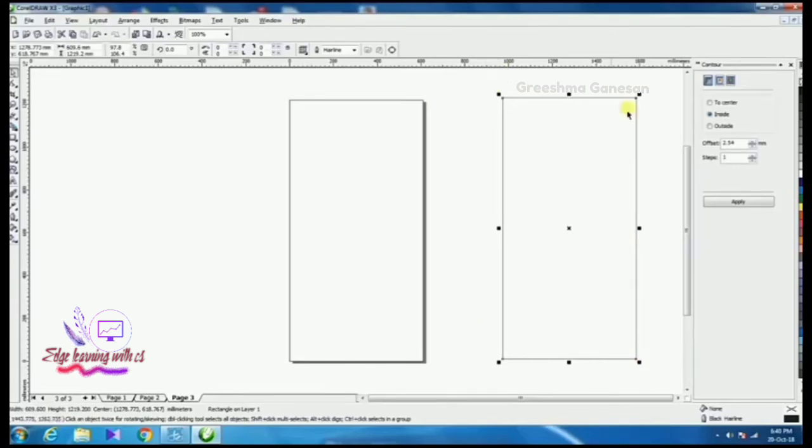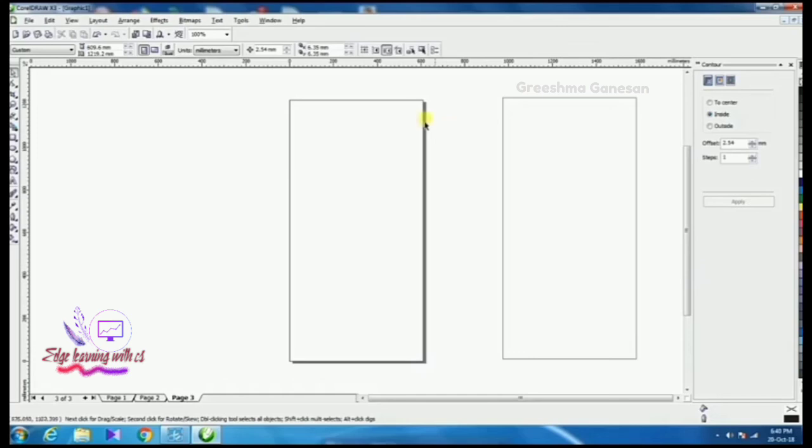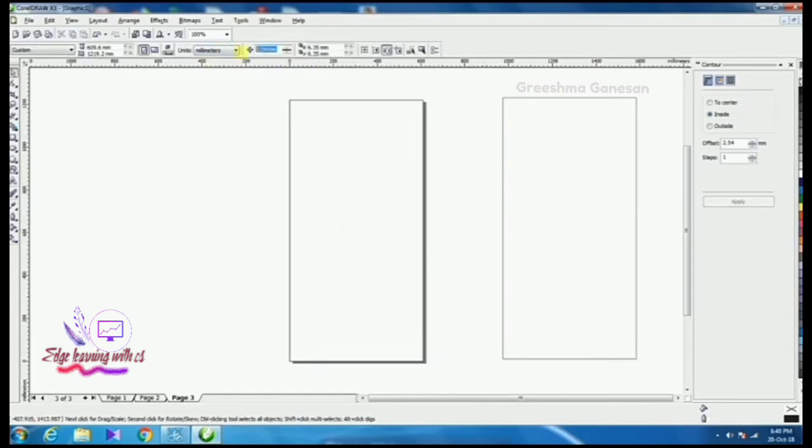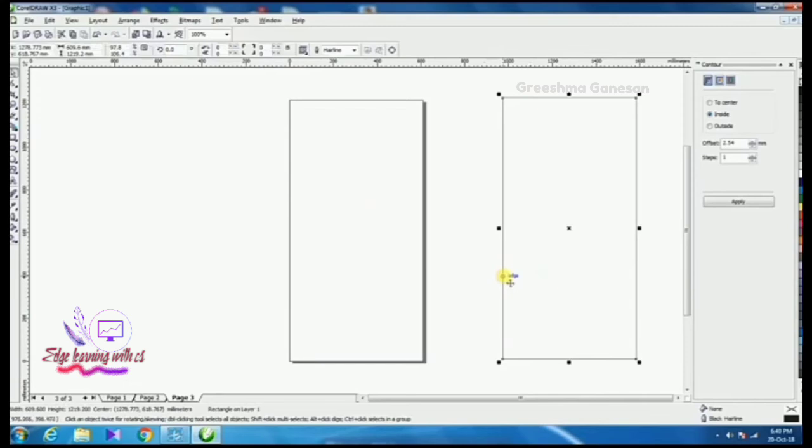Okay, then also I'm selecting this portion and you can see the value here. A gap is there between these two rectangle symbols, and you can see the gap is 2.54. You can change the value from 2.54 to any other value. Then simply I am clicking on that value and typing a new value there, and you can see the difference. And now the gap between these two has changed.